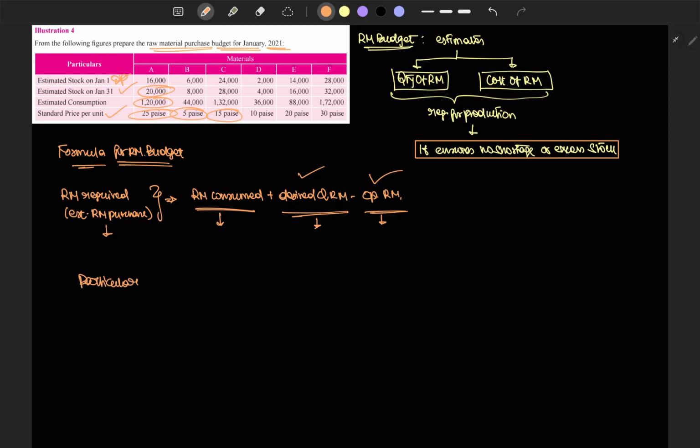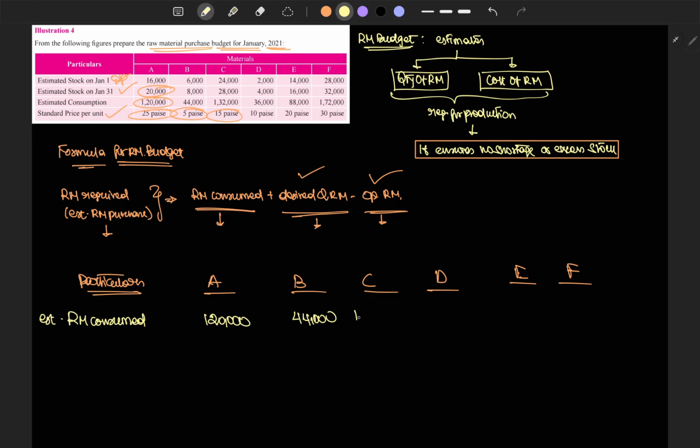Particulars: A, B, there are 6 raw materials given, C, D, E, F. These many raw materials have been given, and RM consumed estimated by the organization is 1,20,000 units of A, 44,000 units of B, 1,32,000 units of C, 36,000 units of D, 88,000 units of E, and 1,72,000 units of F,